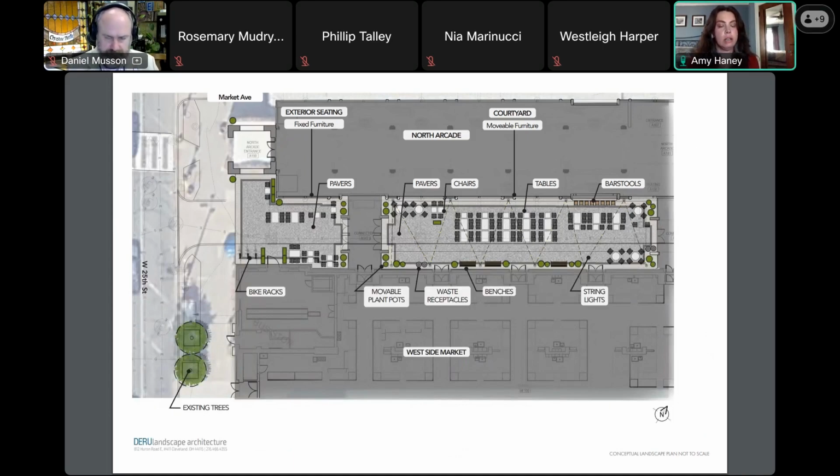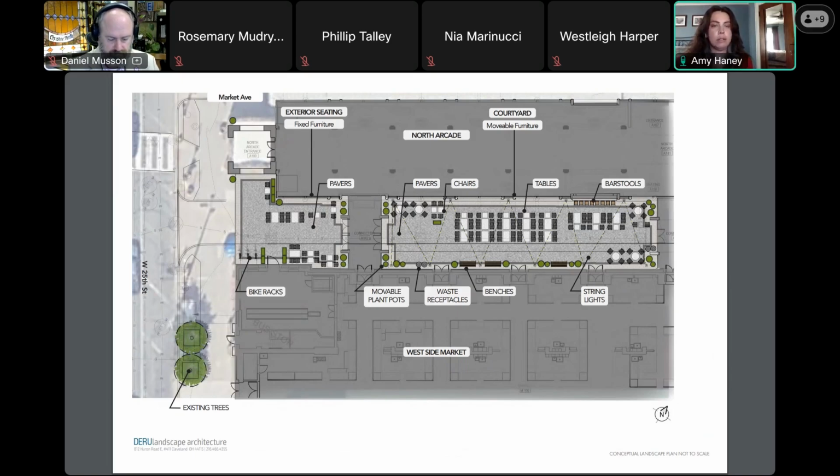The masonry on the market and the arcades is very yellowy and orange, and we didn't want to clash with that, so we're proposing a very neutral gray for the pavement of the courtyard. We're calling it the interior and exterior courtyard. The exterior does open out onto the sidewalk along 25th, and the interior is just between those connectors.